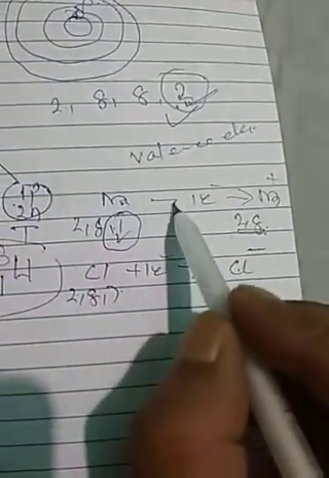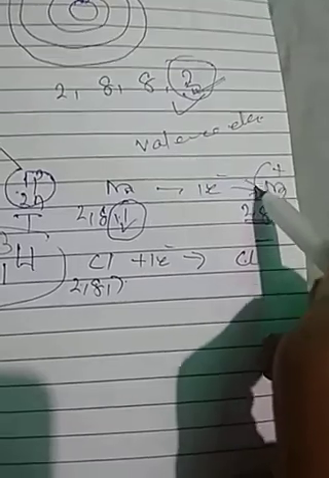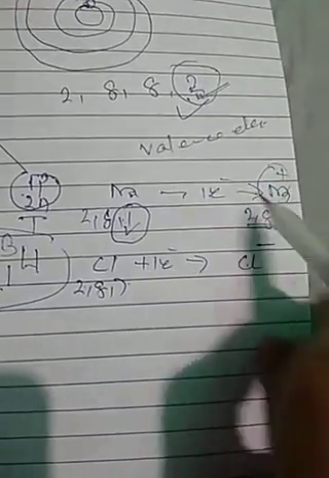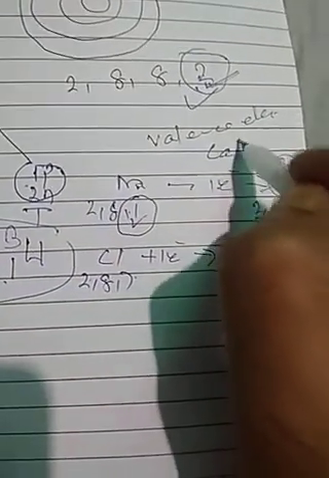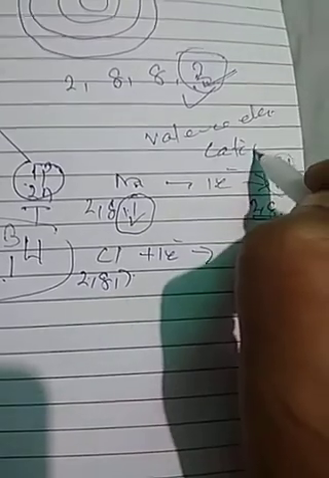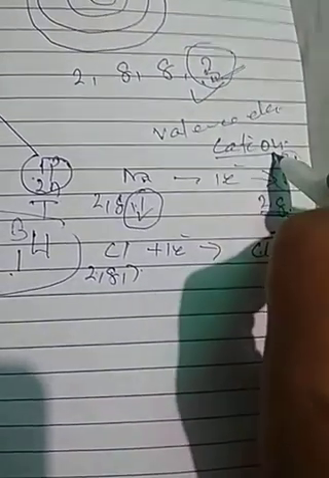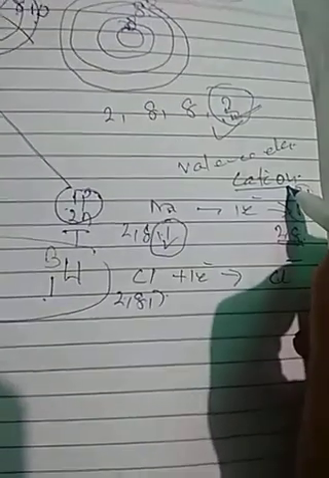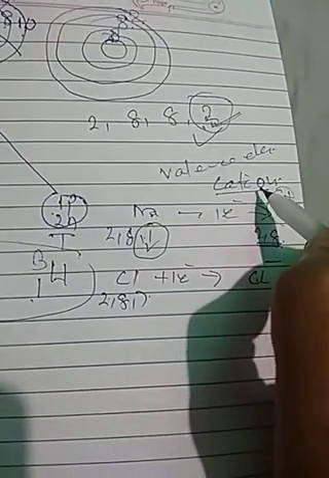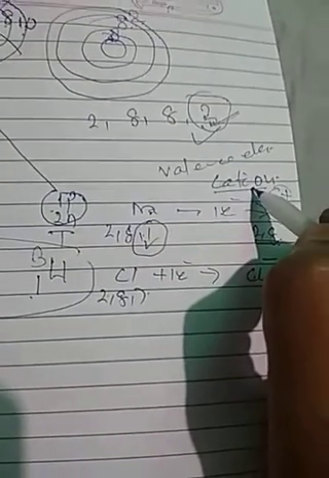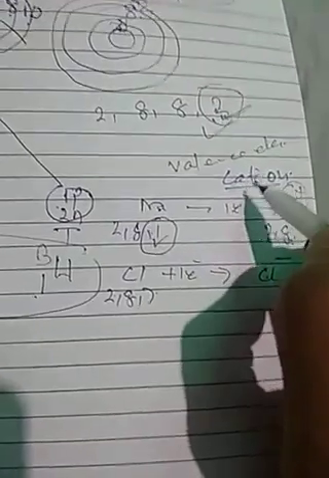And after losing electron, here sodium, after losing electron, it forms a positive charge, or it is C-A-T-I-O-N. What will it be? Some of you may say it forms cation, but it is not cation, my dear friends. It is cation.